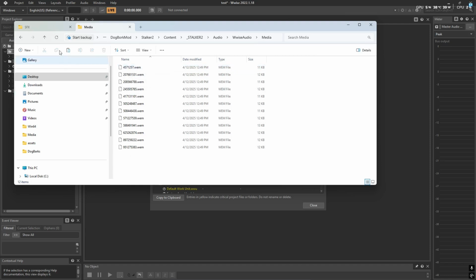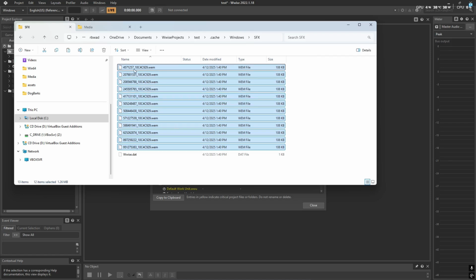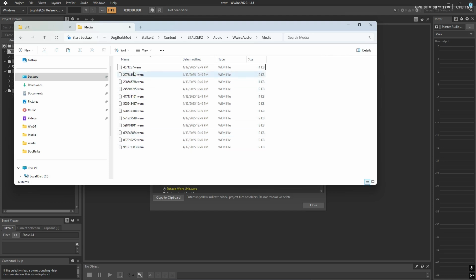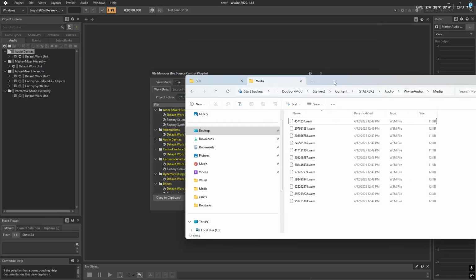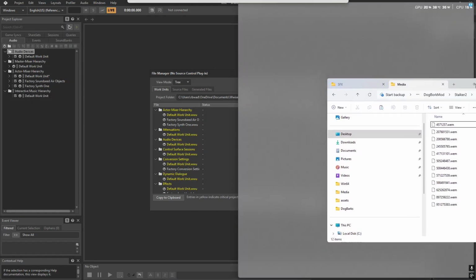However, in the cache file, we saw that it put this underscore 10c4, and it'll be different for you, assuredly. This is randomly generated. So essentially, you just want to copy these files, paste them over, and then remove that underscore whatever random number it generated before the .wem. Once we have this all set up, I am going to put this on a window to the side,